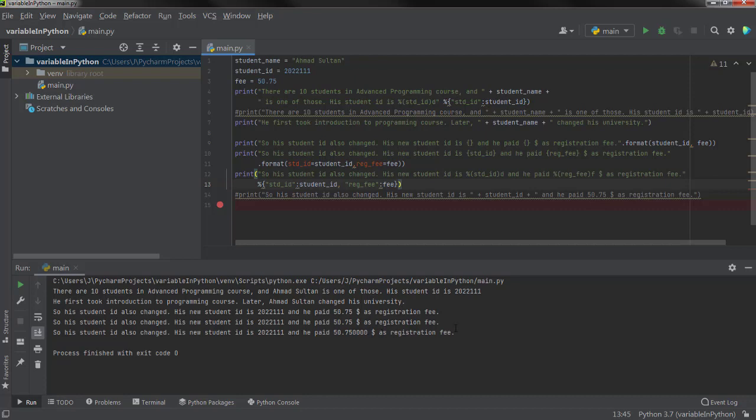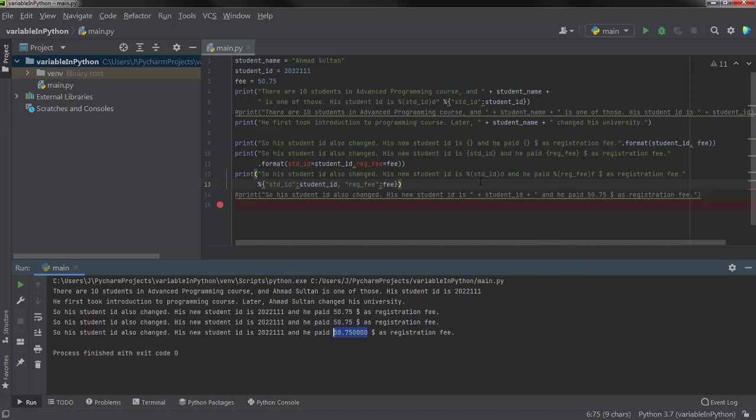now you can see there is a minute difference in this printed sentence, and this sentence is above this. The student ID is printed as it is, but the value of that float is the same, but it has added 4 zeros at the end.